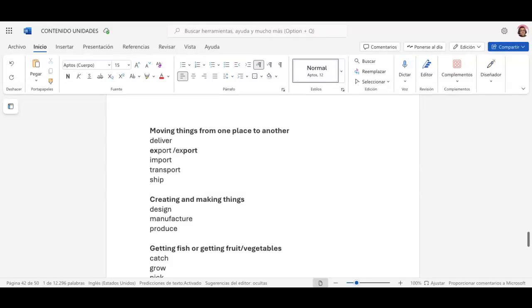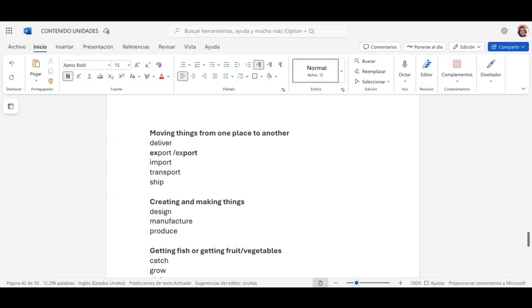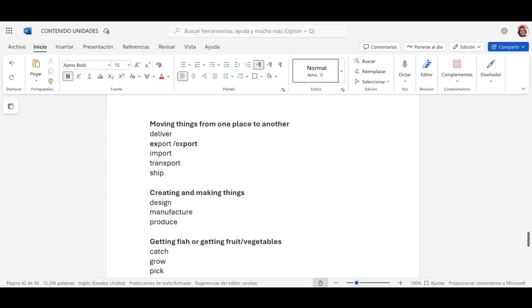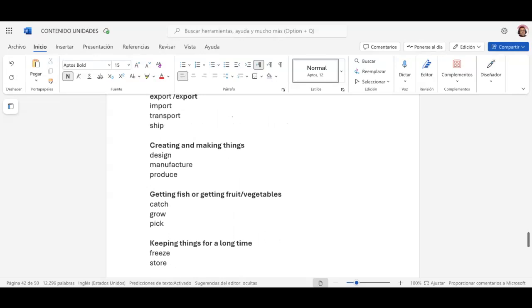Could you please help me with the next group of words? Creating and making things. Design, manufacture, produce, and the last ones, hatch, grow, and pick. And the other ones? Freeze, store. And store. Okay, and another important thing that I think you need to pay attention on